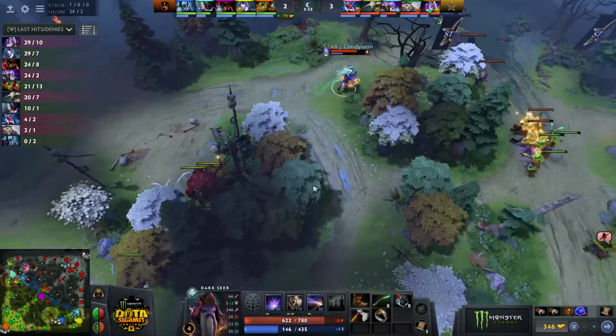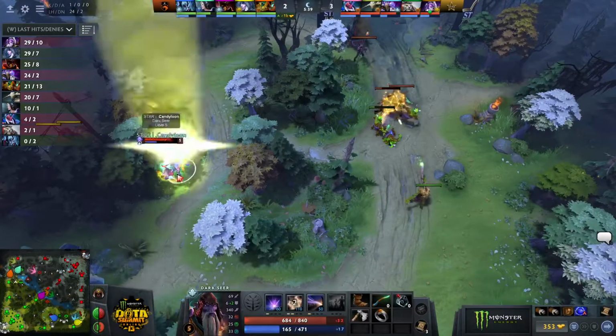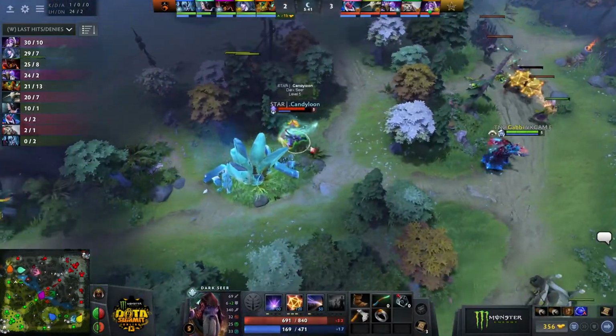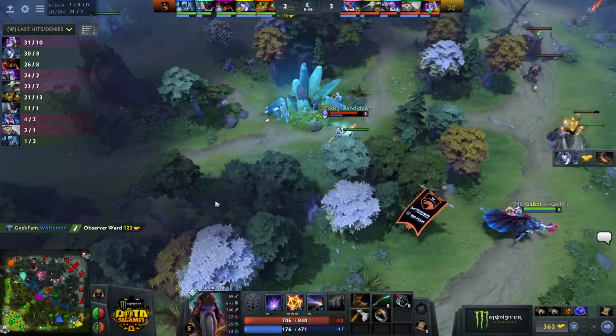And Candyland's still working on the Soul Ring. It's really unfortunate that the Darkseer just has to go for so many mana regen items, right? Gets the bottle, and he's going to go for Soul Ring, and he still wants the Arcane Boots on top of that. But you really just...